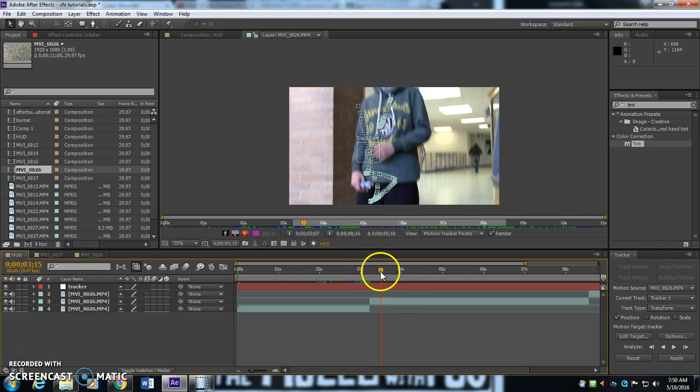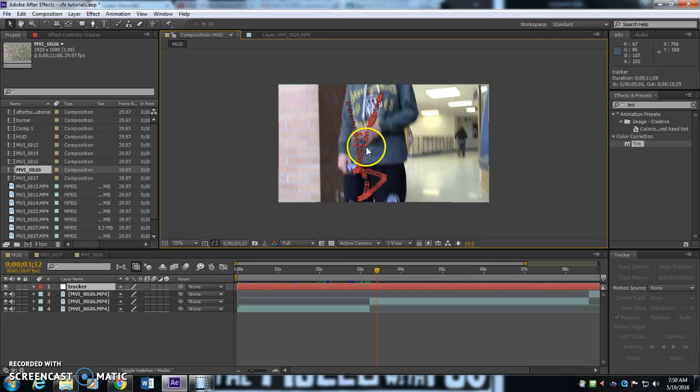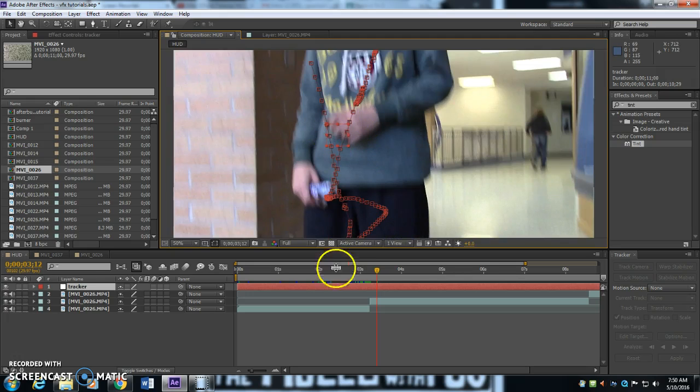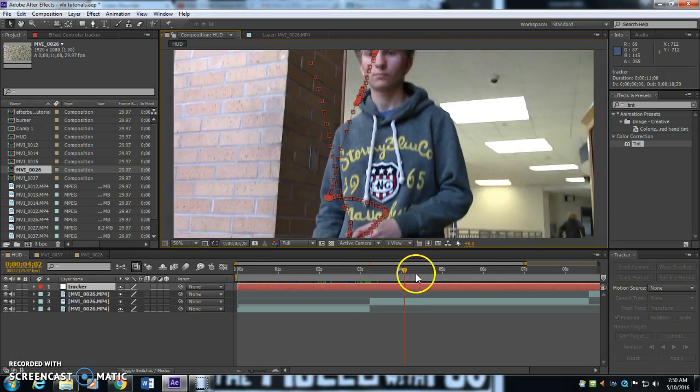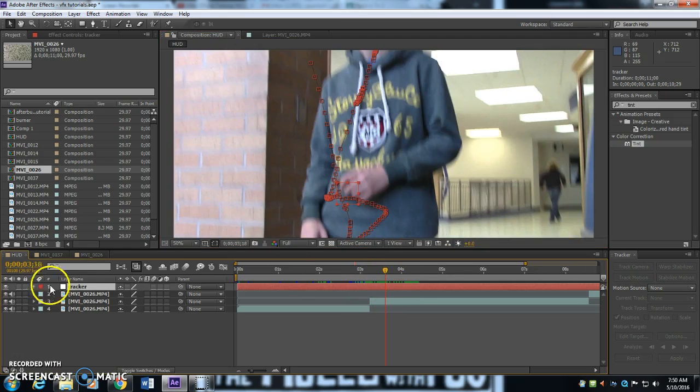Alright, so now I have this tracker here, this null object. If I go back to composition, it's this red box right here, and it moves along all those track points that I have from before. Okay, now what I want to do is make the heads up, like the targeting system,